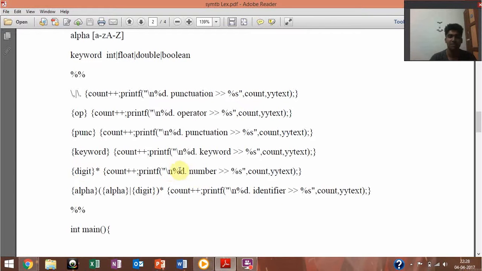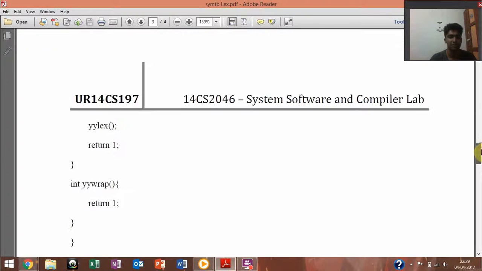So I'll explain this once again. In a number there can be many digits, so that's why we use digit star over here, because digit is for 1 and digit star means as many digits as can be there, and it's possible that there can be no number, so that's why we have a star over here. And now we know that an identifier must start with an alphabet and can end with either a digit or an alphabet, or it can just be a single alphabet. That's why we have a star over here. And at last we have the main function where we'll just